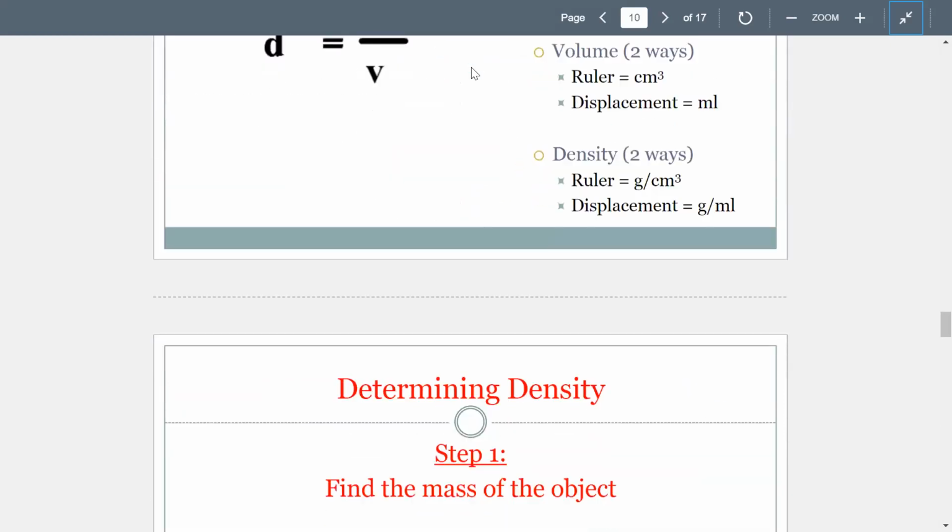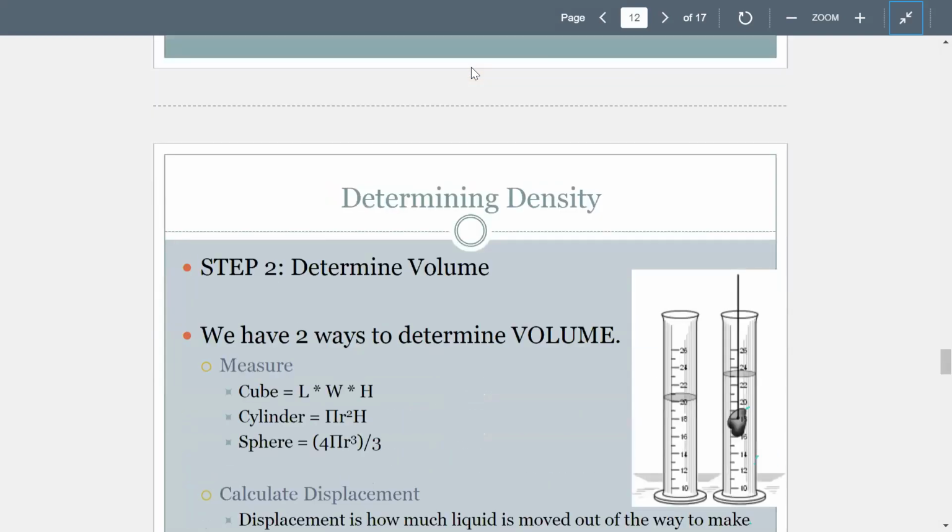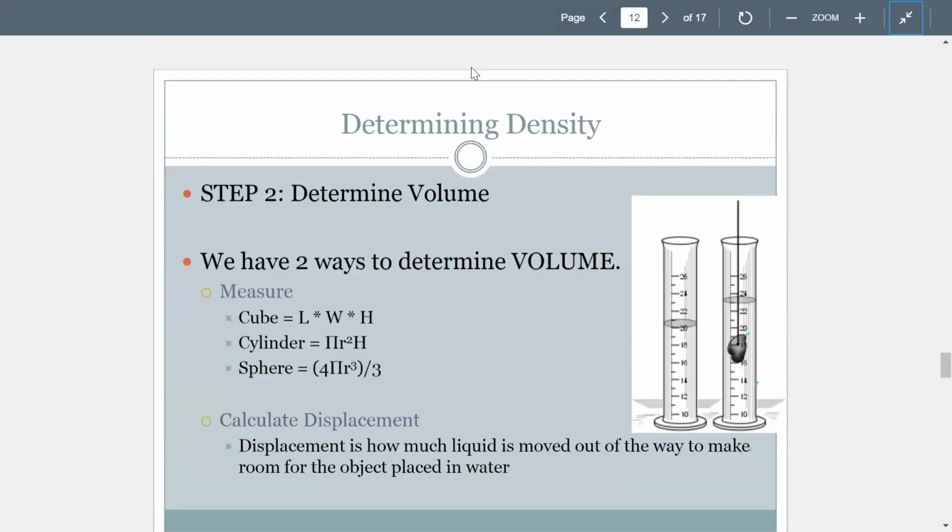Now we're going to get to the part that I really care about for this. I wanted to review all of that because you're going to see it again today in the quiz. Step one of determining density is to find the mass of the object. Again, that's a scale. Then you're going to determine the volume. There's two ways. You either measure it with a ruler, and that doesn't work for many things. If it is a perfect geometric shape, like a cube, cylinder, or sphere,